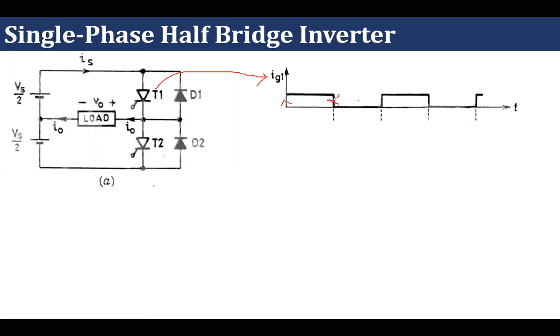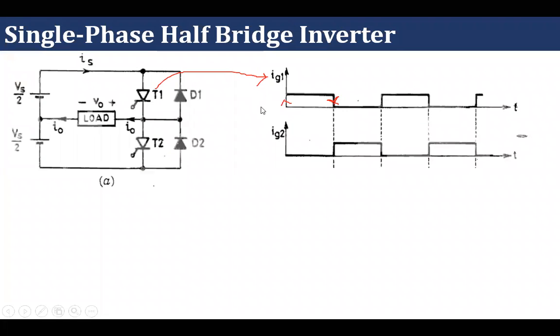So at this place, we have to turn off the first device, and after that we are going to give a gate pulse to the second semiconductor device, T2. So T2 will be on at this place and it will be off over here. Now see, in this case, the place where the first device is turning off, at the same place device 2 is turning on. This is not a practical situation. In a practical situation, there must be a little gap between these two, and this is known as dead time.